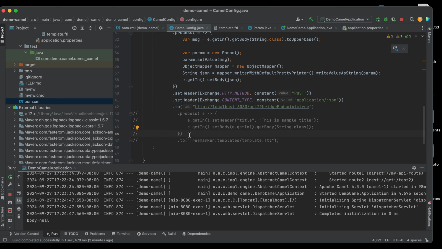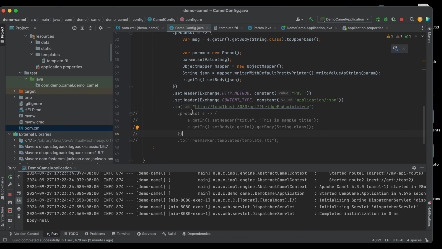For example, a SOAP web service sometimes needs some XML parameter, right? In that case, we can use a template.